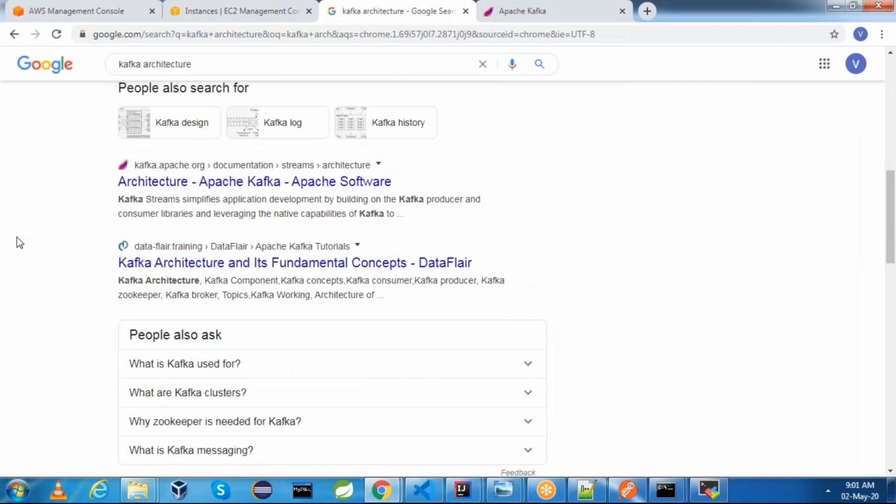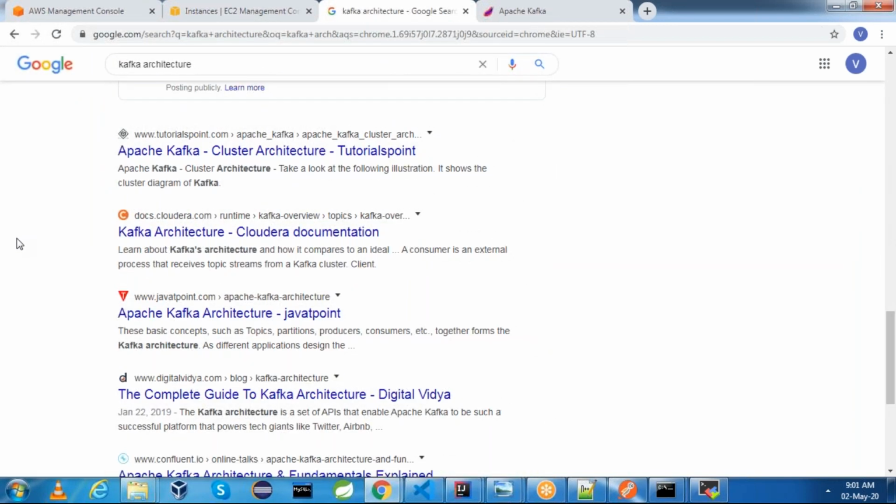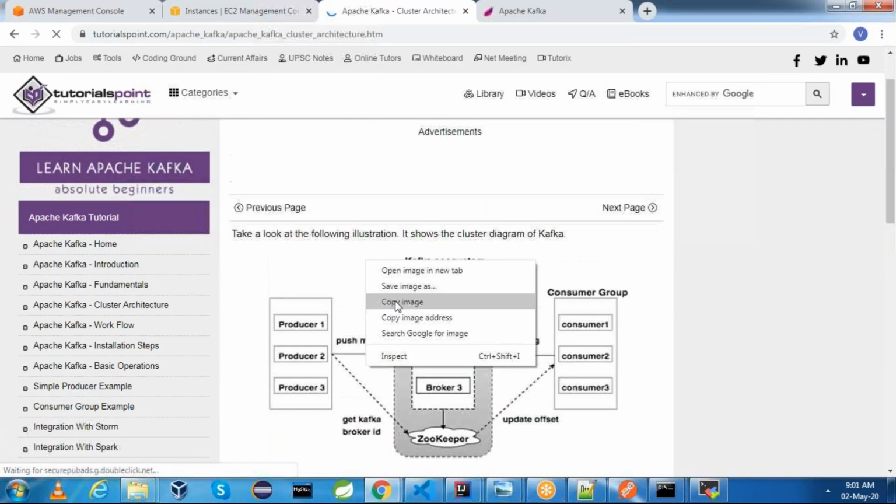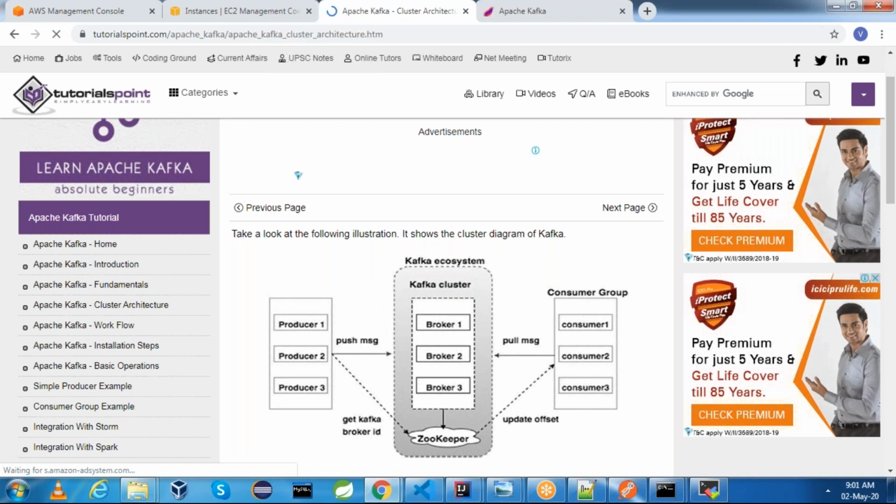Any Kafka architecture, let's say I'll download one diagram. Assume this is a Kafka architecture, right? Let me save this image so that we can see it.